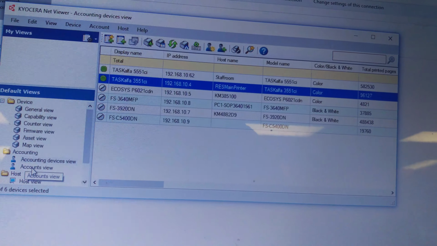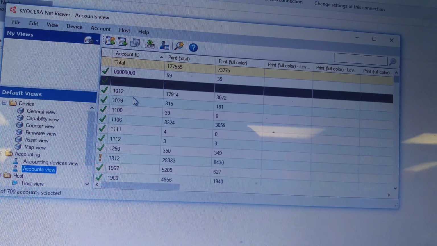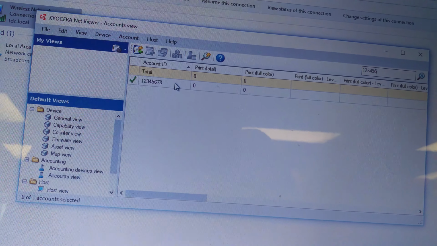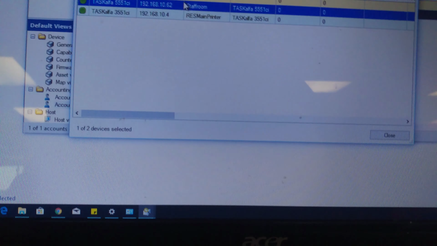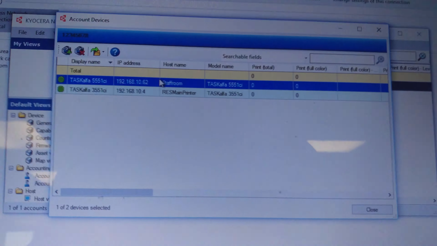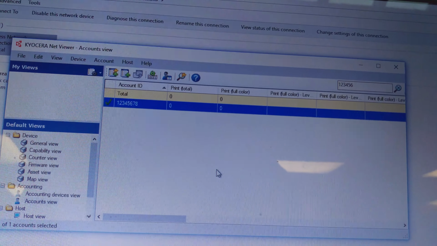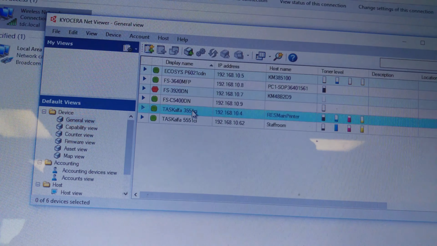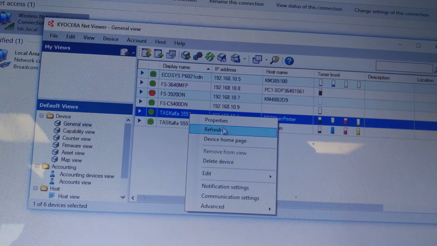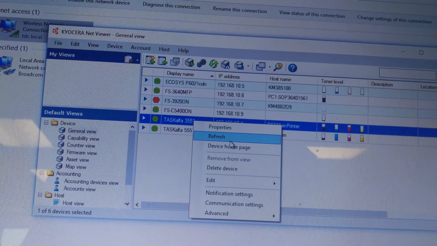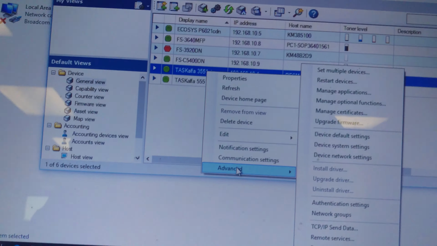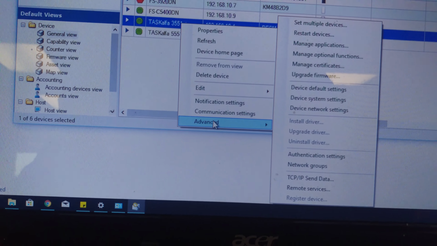Okay, let's go to accounting view again, and we will see 1, 2, 3, 4, 5 test account. Here we go. Double click on this account and you see how this account is linked. This one is easy. Close. General view. So on the general view, we are able to refresh the device, home page for the device, and sometimes in advanced mode, if the device is managed, you're able to extract the information and put